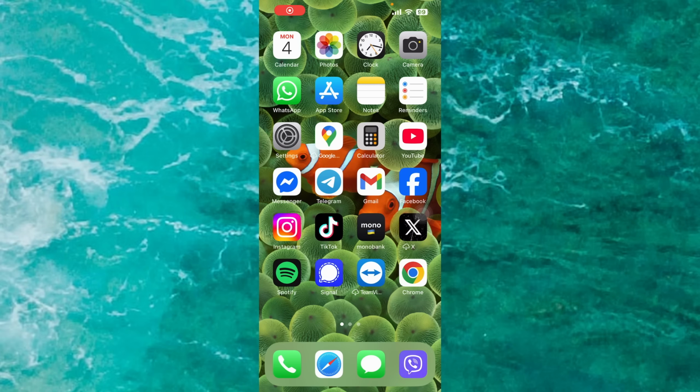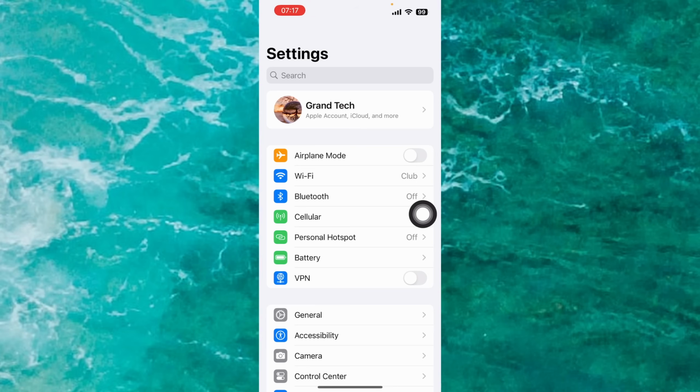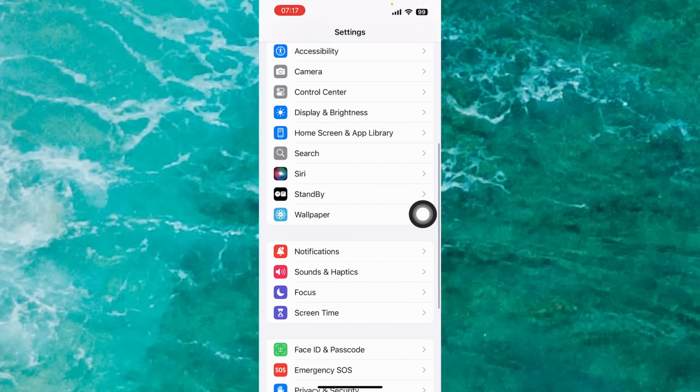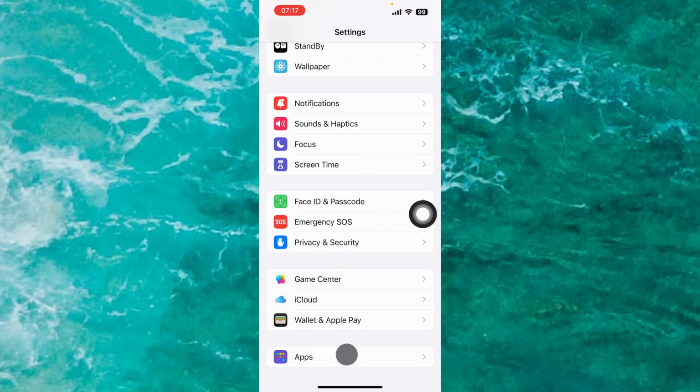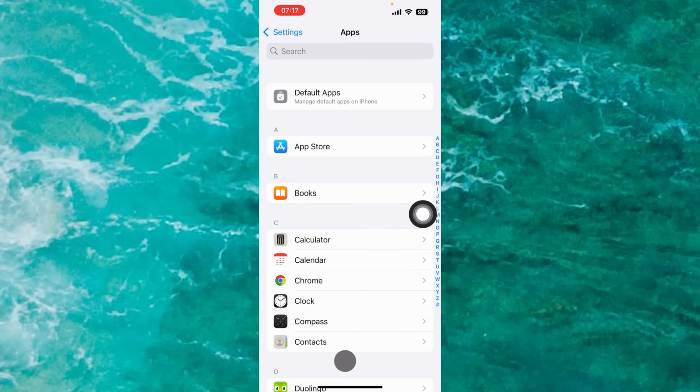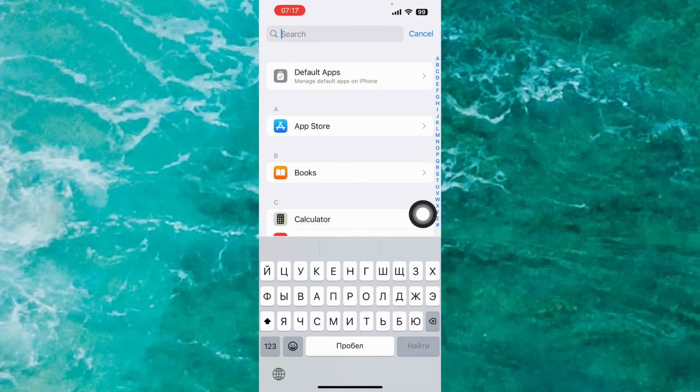This is how to add a new Google account to iPhone. So first of all, open up Settings, then scroll all the way down. At the very bottom you will see Apps. Proceed to it. Next step, in search you should enter mail